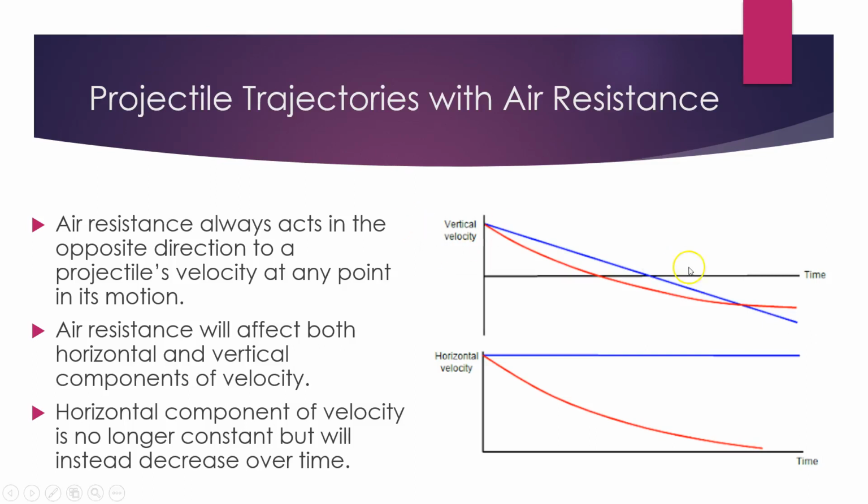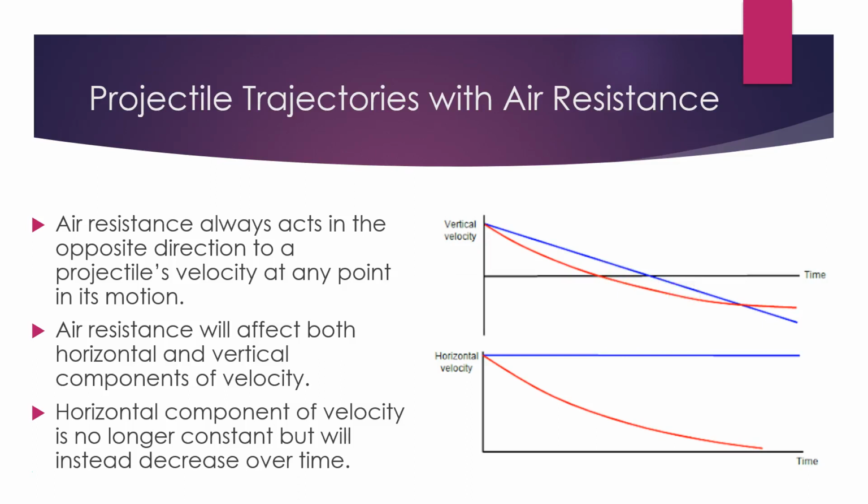So you can see that with air resistance, the projectile slows to zero sooner. So it slows to zero at this point in time rather than later on without air resistance. So it reaches its apogee sooner. But then on the way back down, it gets a little bit more complicated. You can see on the way back down that the slope of the line with air resistance is less than without. And that's because on the way down,